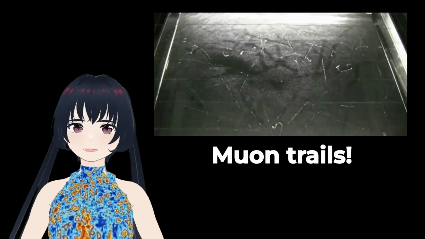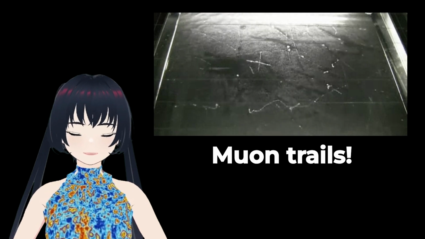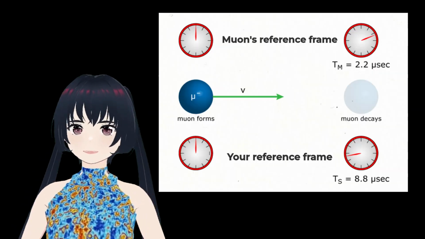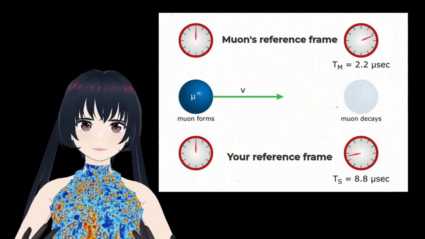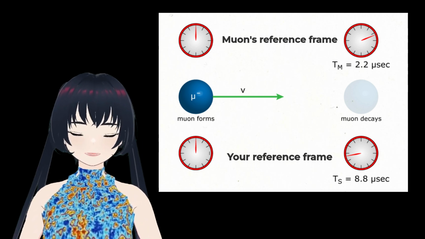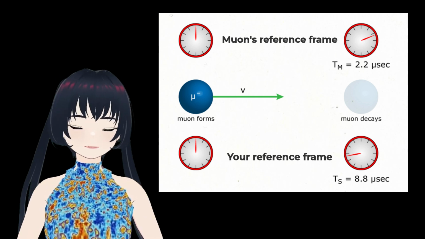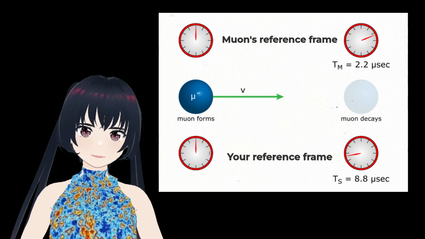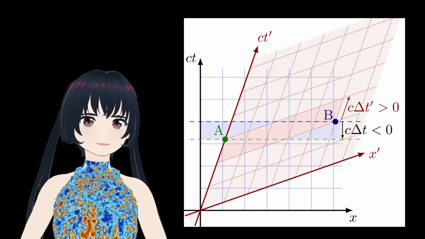The reason that they can travel so far, despite their short lifetime, is because of time dilation. Muons move near the speed of light, so with special relativity, they can travel further before decaying as their lifetime is lengthened with respect to us. And to interpret these remarkable effects of special relativity, space-time diagrams have us covered as our powerful tools to explore